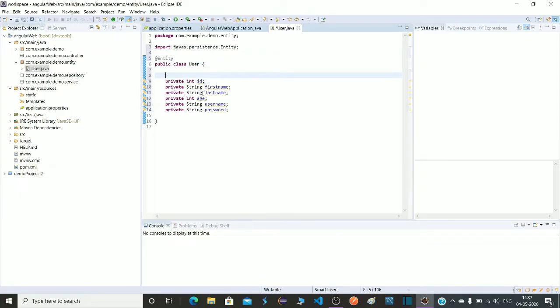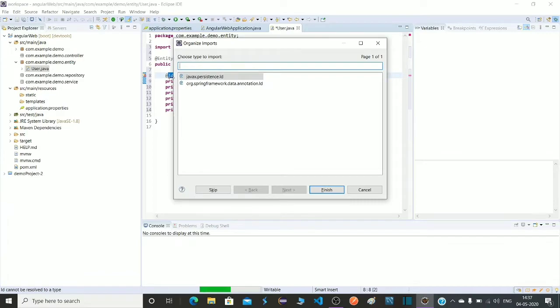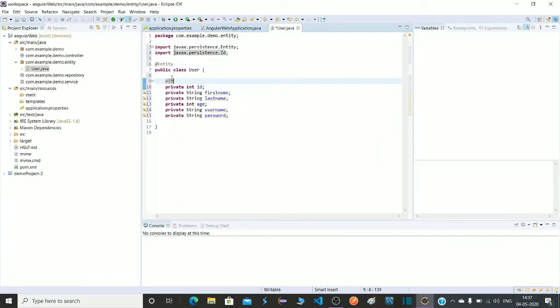Here is a number of fields, so I have to tell which is our primary key. For that I have to write the annotation called @Id. Let's import it also. Press Ctrl Shift O, click OK, and it has been done.